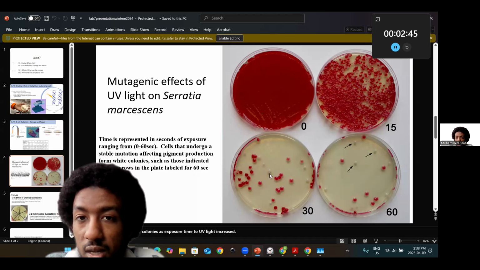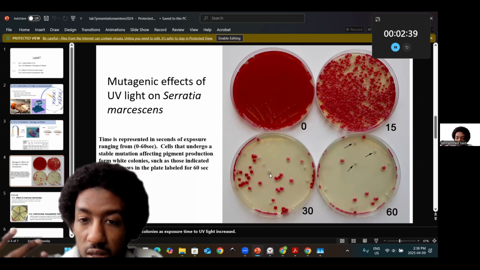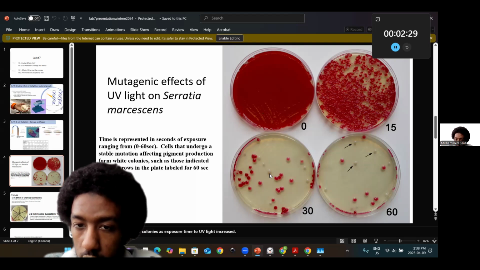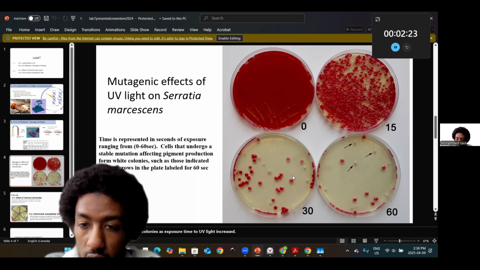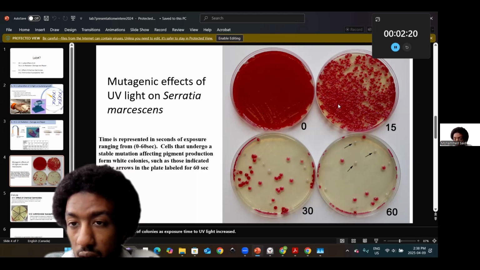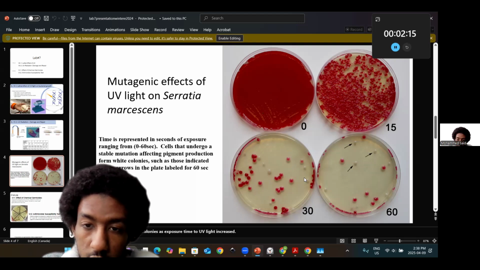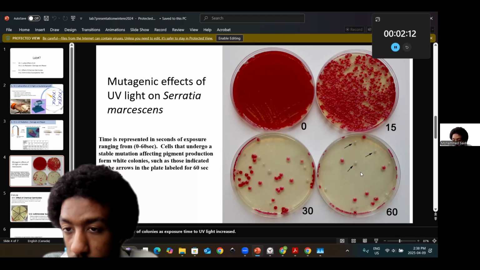I want you to actually think about these details because, as you can see, the phenotype has changed for these colonies that likely are resistant, meaning that if they're resistant, it could also indicate that, with the UV exposure and the mask, even though this is in a range of seconds, 30 to 60 seconds, there's indeed a drop in colonial growth from viable cell counts. But what you can see and appreciate is that there are a distinguishable number of white colonies that depict resistant, UV-resistant